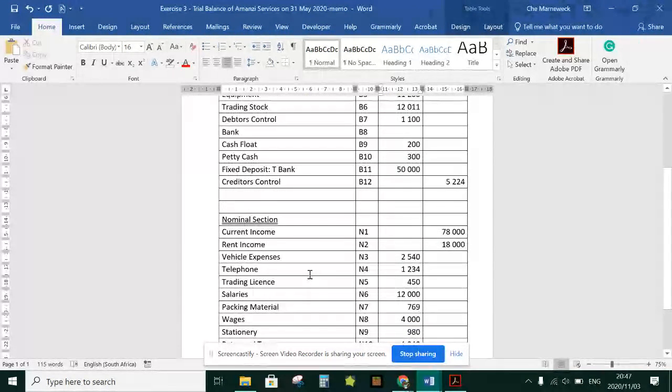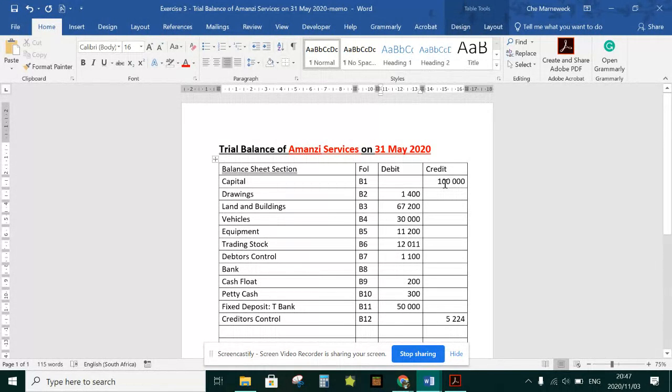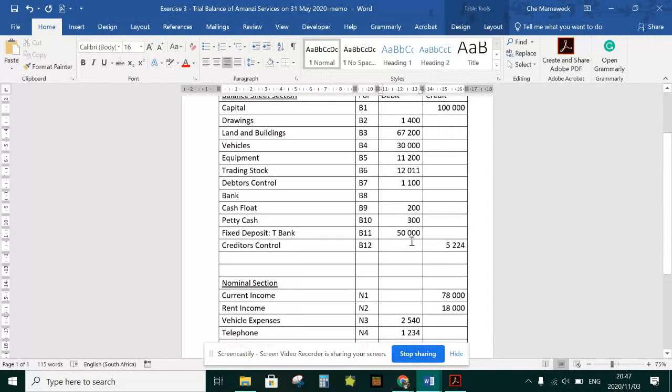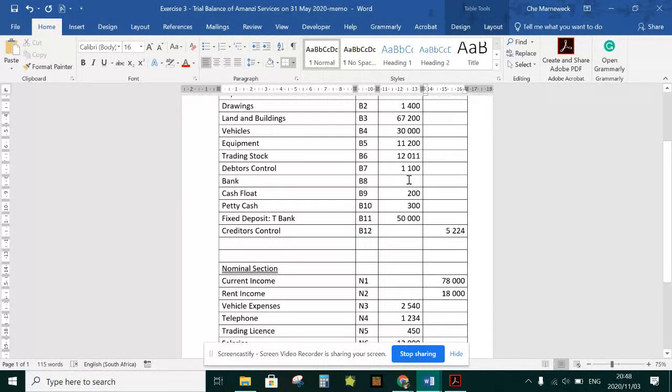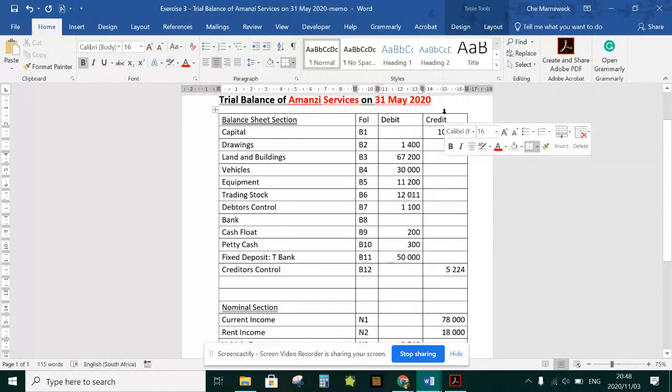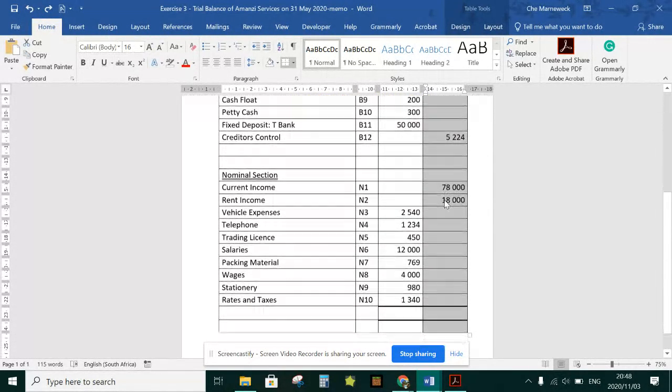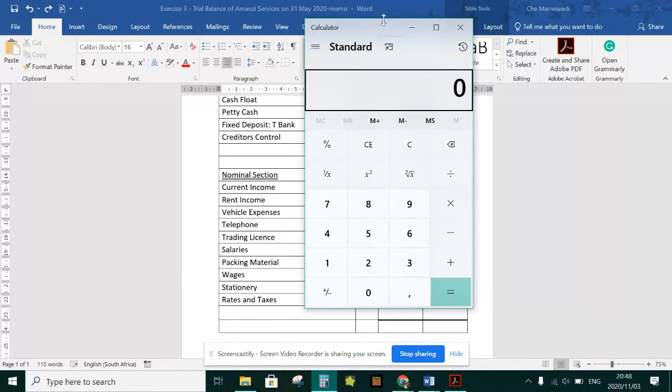Okay, so we decided the order of our accounts, what goes in the balance sheet, in which order, and what goes in the nominal section, in which order. We decided which accounts go in the credit column and which go in the debit column. The last thing we need to do is total each column. We want to add up every value in the debit column, and that should equal every value in the credit column. But now we've got a problem. Bank is missing. So let's add up the credit column first, because we've got all the credit amounts. So if we take our calculator